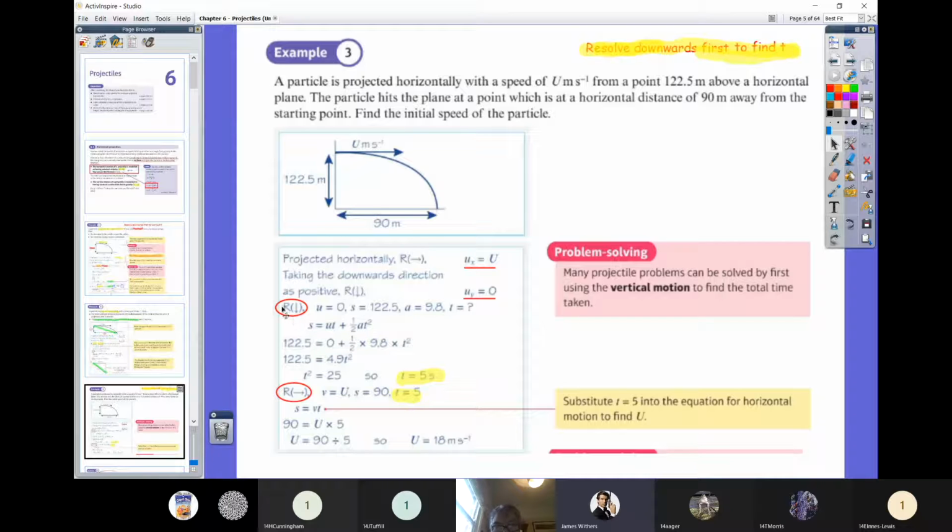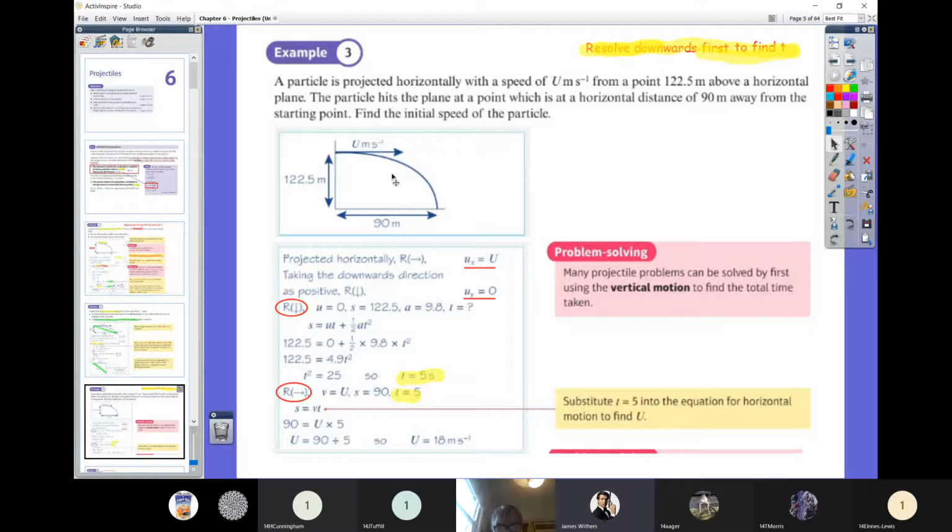Now, if we resolve downwards first, and I think with this one you would have had to resolve downwards first, we know the initial speed downwards is nothing. We know the distance travelled downwards is 122.5. Our acceleration is gravity. SUVAT allows us to work out the t, and once we know t, we can then resolve horizontally to work out what u is. So we can work out both of the distances. So 3 different examples,